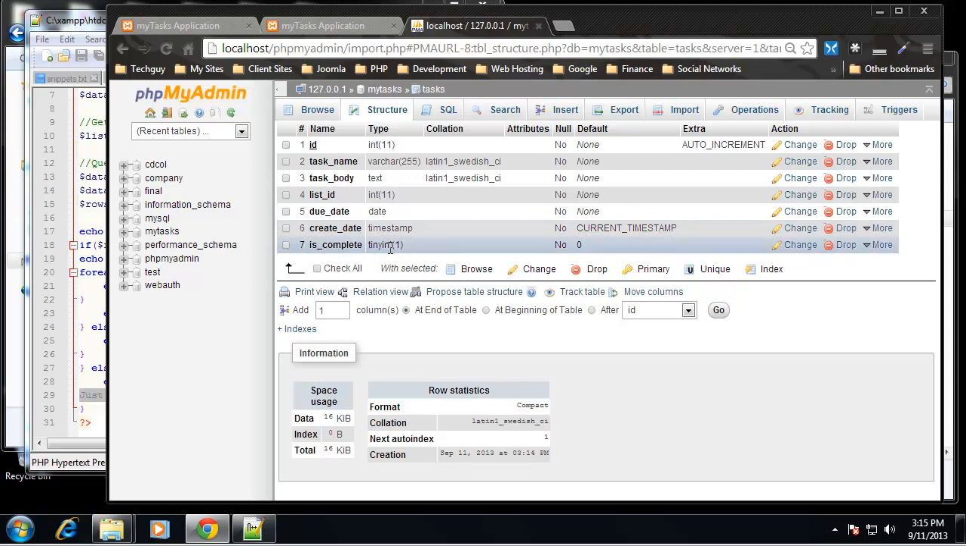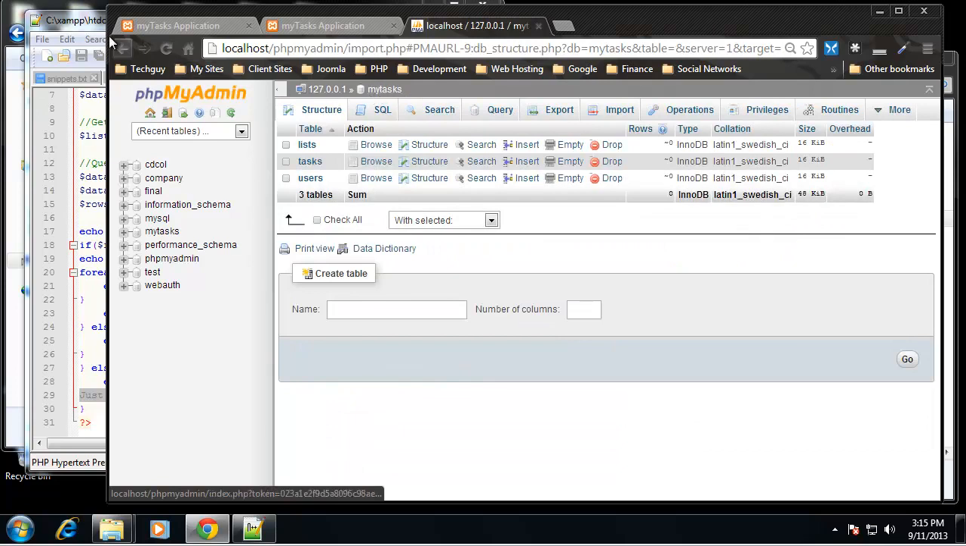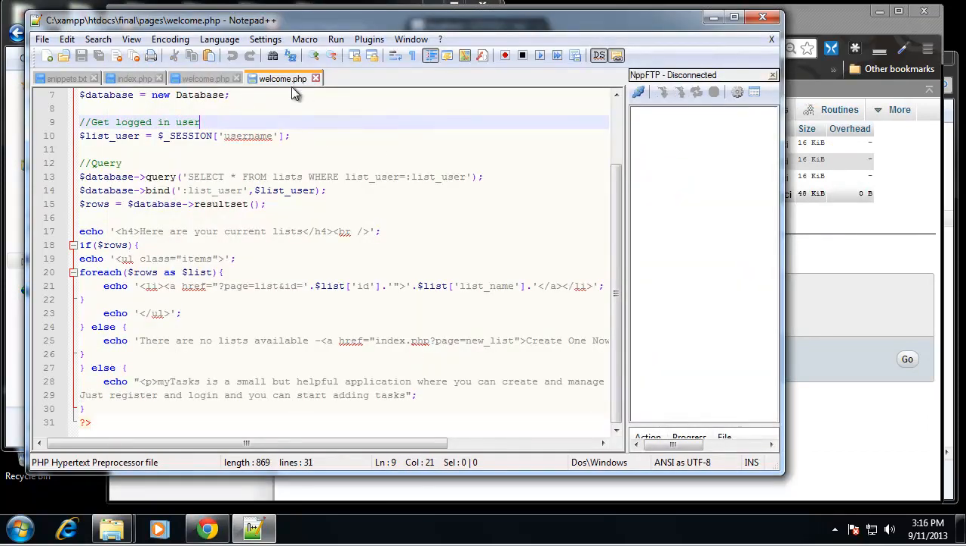And this is just a tiny int. This is a 1 character. It'll be either a 1 or a 0. So it'll be either complete or not complete. And the default is 0. Obviously, because we don't want someone to set up a task and have it already be completed. So we set the default to 0. So that's what we're working with. So if we go back now,